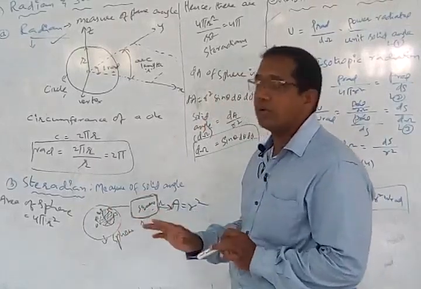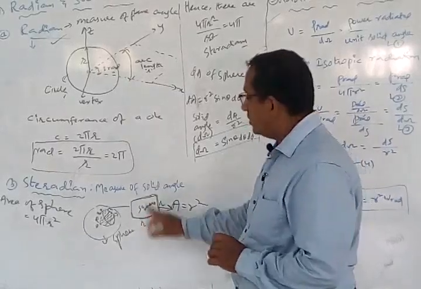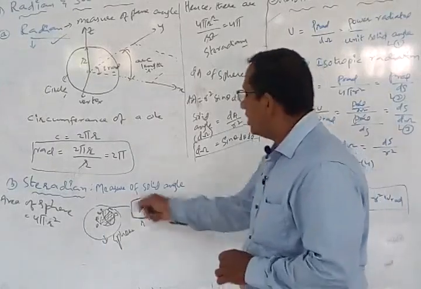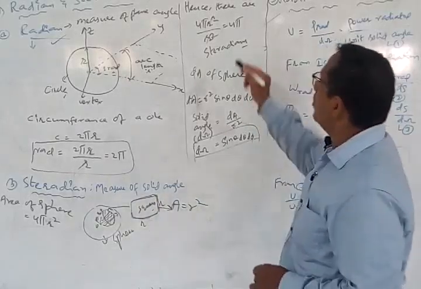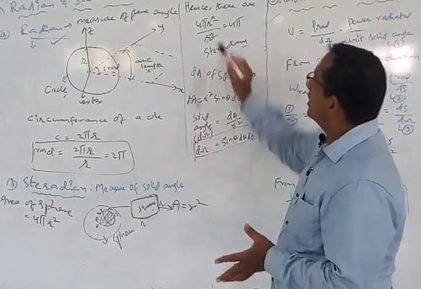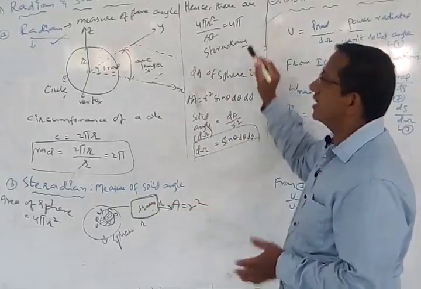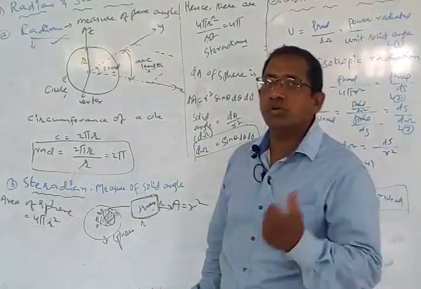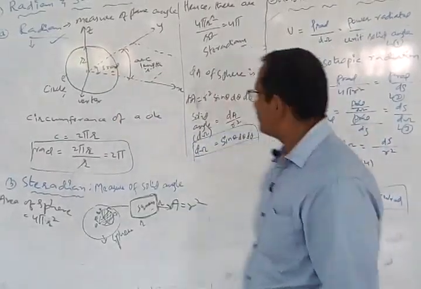So therefore you have to consider this particular small sphere, and when you find out the area of this sphere, it becomes equal to the area of the square whose side length is equal to r. So what is the area of this square now with side length equal to r? It is going to be r square. So therefore, one steradian becomes equal to, for a sphere, 4 pi r square by r square, because for r square, I get 4 pi steradians. So a sphere is going to have 4 pi steradians. Every sphere is going to have 4 pi steradians, and every circle is going to have 2 pi radians.